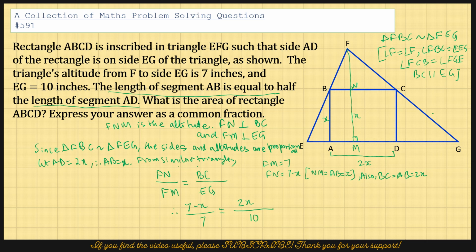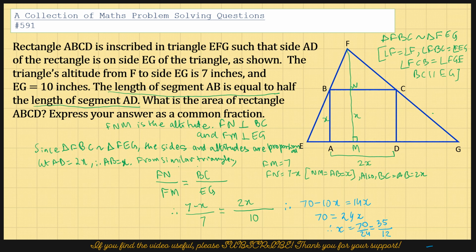Therefore, cross multiplying, we'll get 70 minus 10x equals 14x, or 70 equals 24x, and therefore x is 70 out of 24, which we simplify,